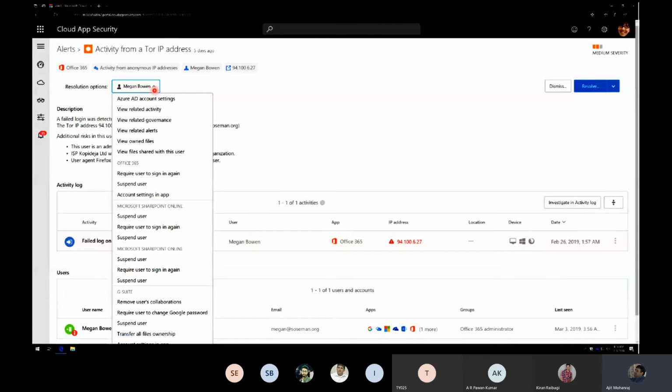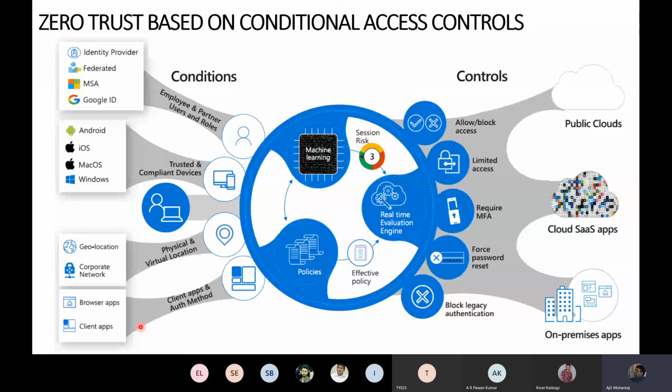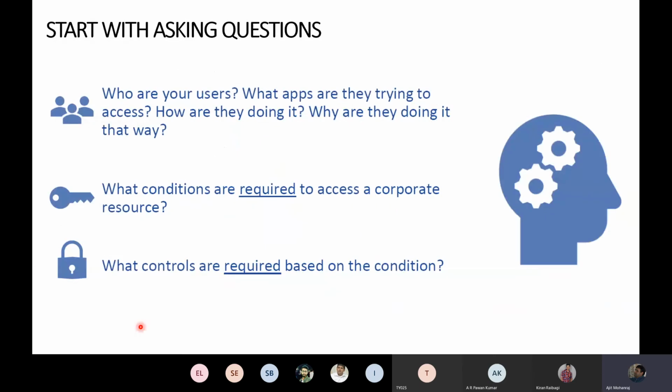So what I can very peacefully do, and I can automate this later if I want, is go to Megan and go to G Suite, for example, and basically say suspend the user, right? It can be automated as well. So that's just a quick story on the whole power of these tools: your EMS, your Azure AD, your Intune, your AIP, Azure Information Protection, your Cloud CASB, all of that watching your behavior on the network, right?